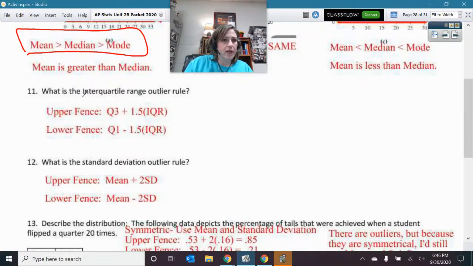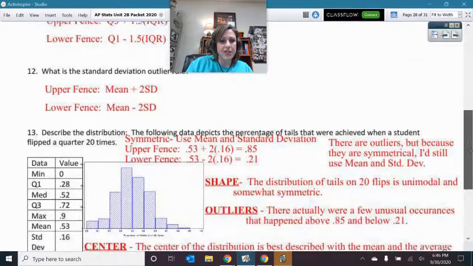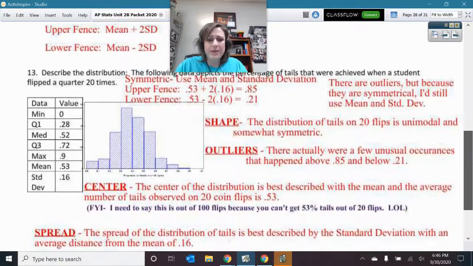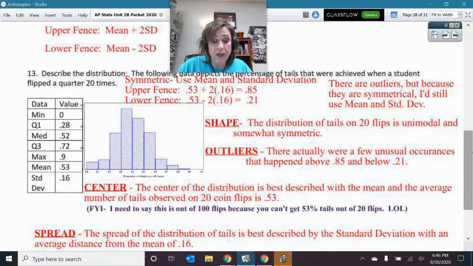All right, just the real quick IQR and standard deviation outliers, and then here is your describe the distribution with your SOCS and be specific. This is about flips of coins and such. I'm just going to leave this one here. Honestly, I did not put one of these on the